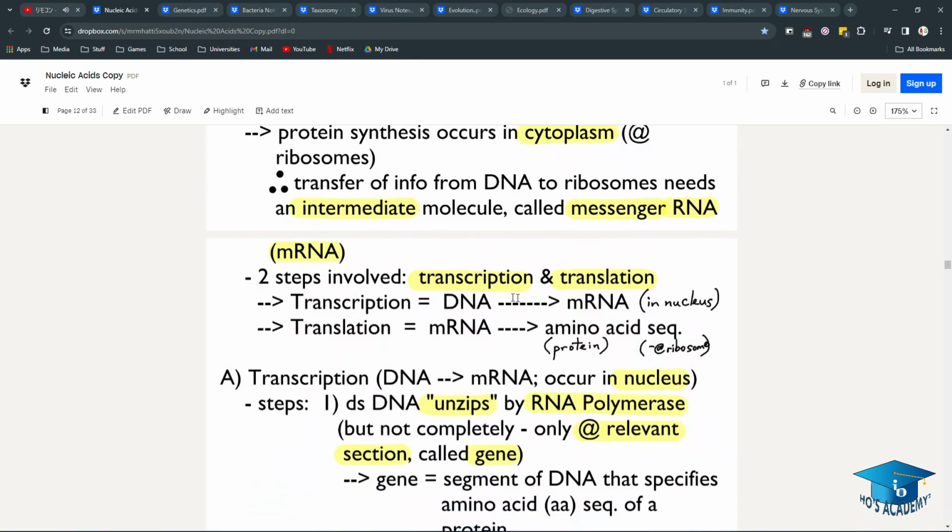For transcription, DNA unzips with RNA polymerase, not helicase. RNA polymerase does it at the relevant section known as a gene. A gene is a segment of DNA that specifies the amino acid sequence of a protein. So only the relevant area is unzipped, and that's the area that codes for one protein. And the free-floating RNA nucleotides in the nucleus complementary base pair with these exposed nucleotides that we just opened up